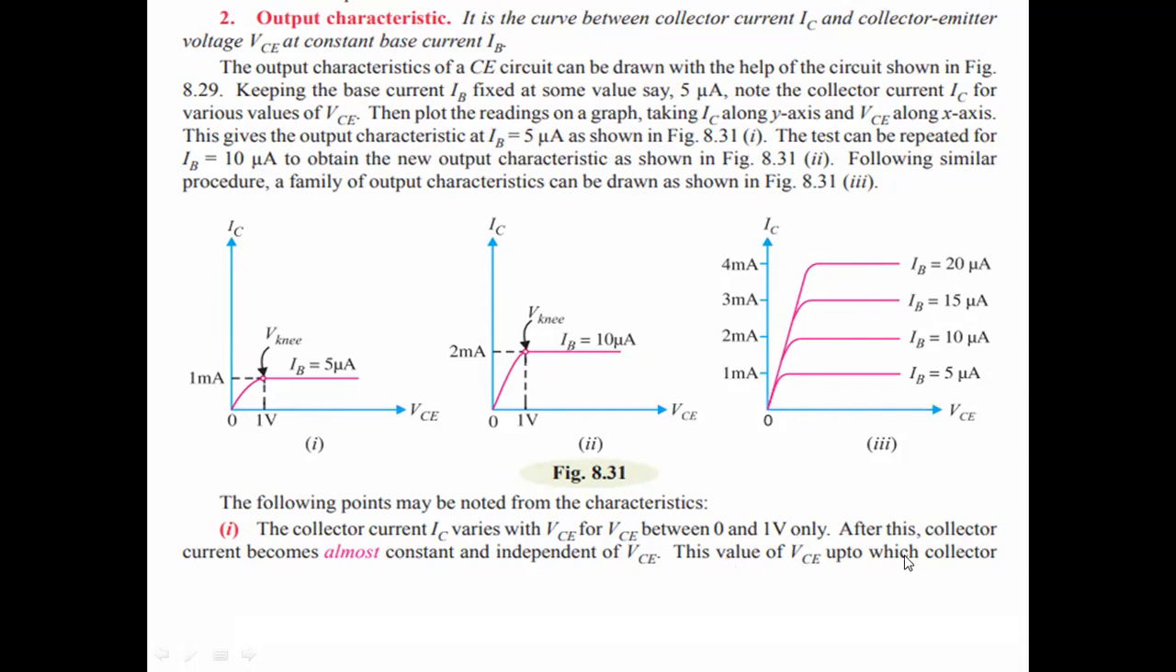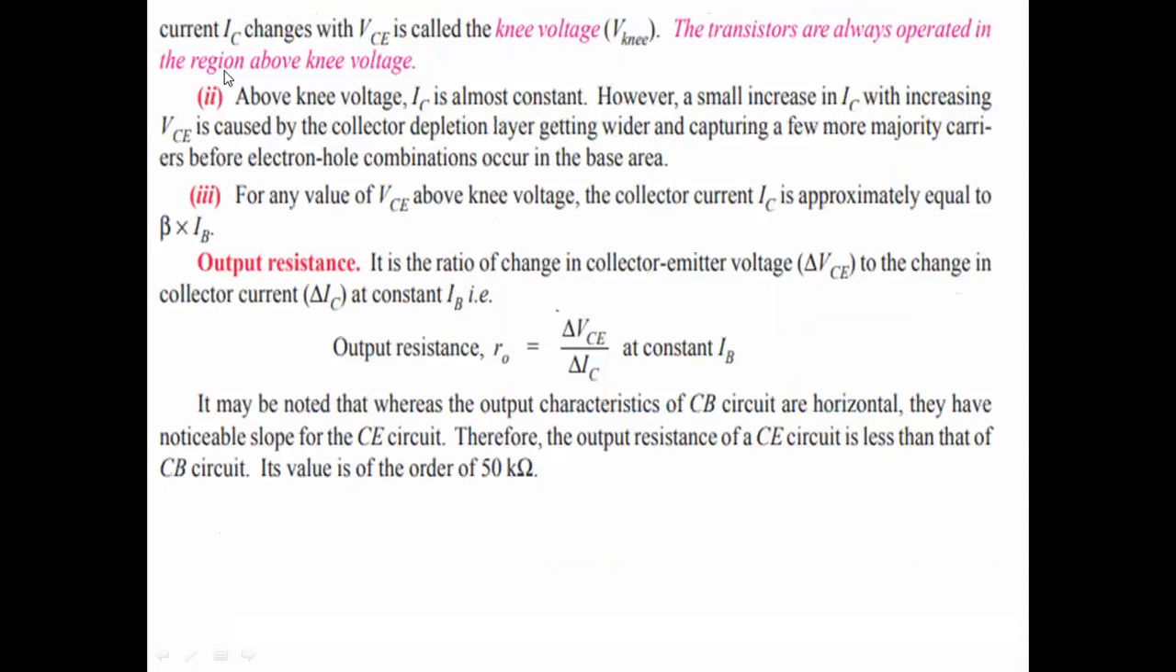This value of VCE up to which collector current IC changes is called the knee voltage. The transistors are always operated above the knee voltage. Above the knee voltage, collector current IC is approximately equal to beta into IB. From this, output resistance is obtained as delta VCE by delta IC at a constant IB, and the output resistance of the CE amplifier is always less than that